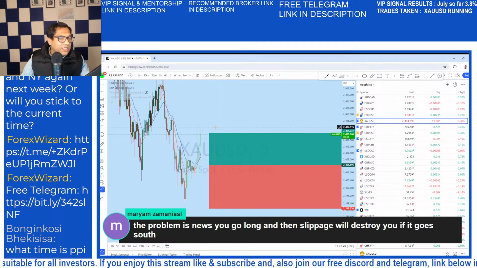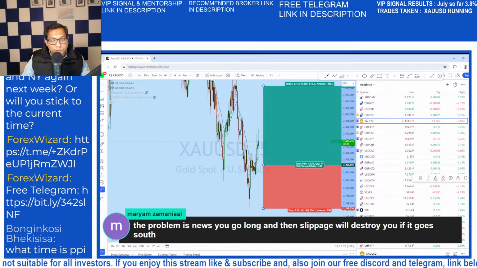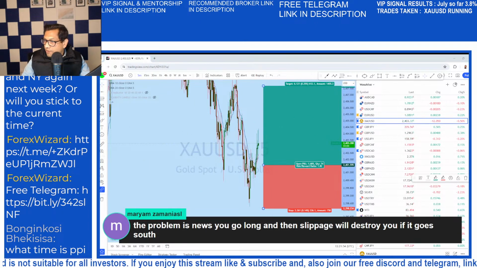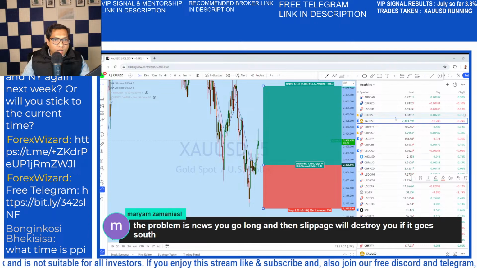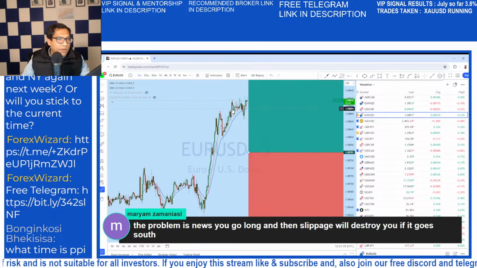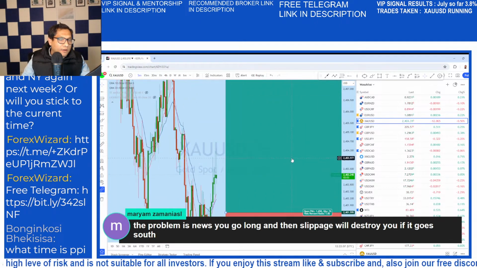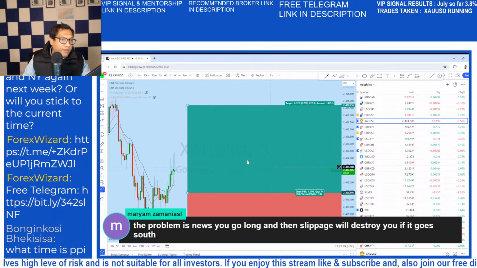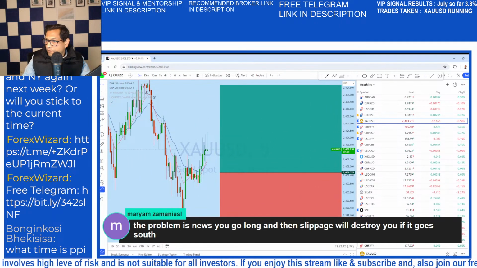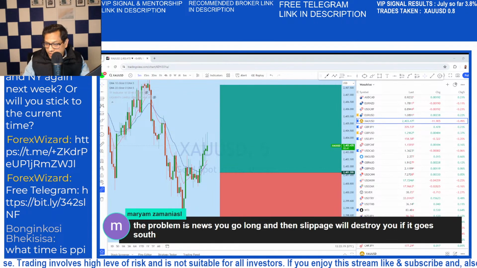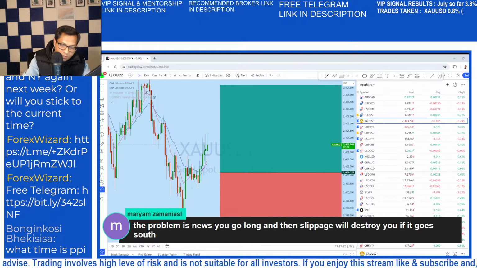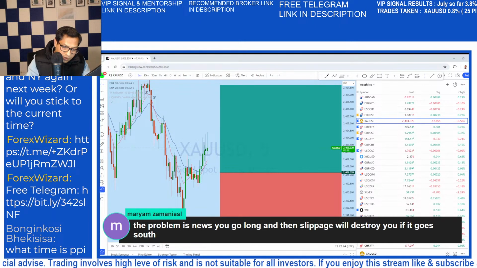Okay, so we might see the spike to the upside, but it could be to the downside as well. So I don't want to exit that. We are running on euro dollar. I will keep running on euro dollar. We will not be closing it because it's a wider stop loss, and gold might get a spike in any direction. So I have taken the profit on it, 0.8% on this trade, around 25 pips.